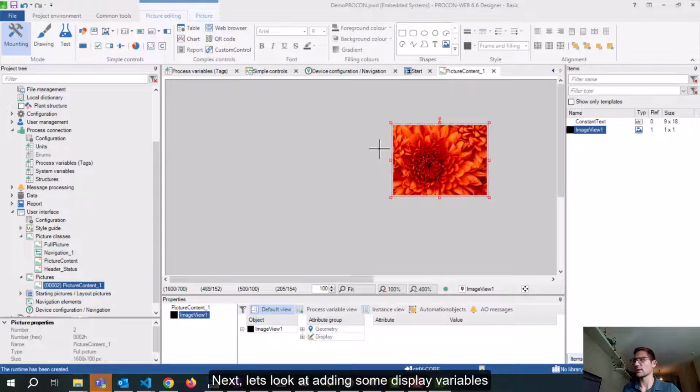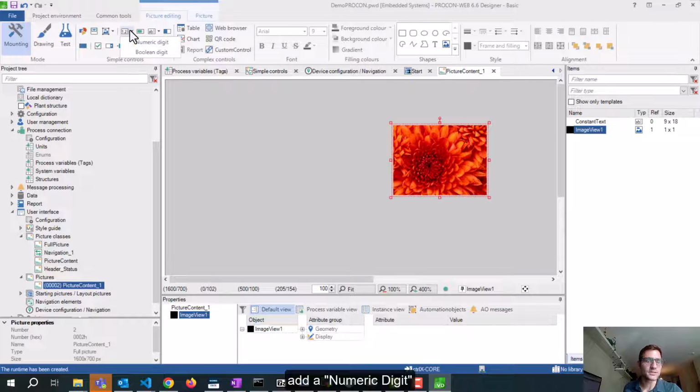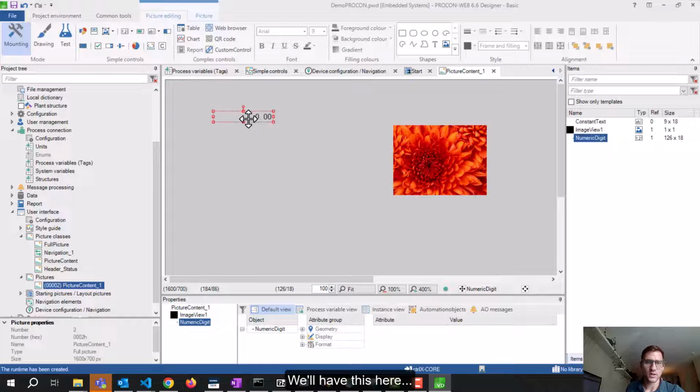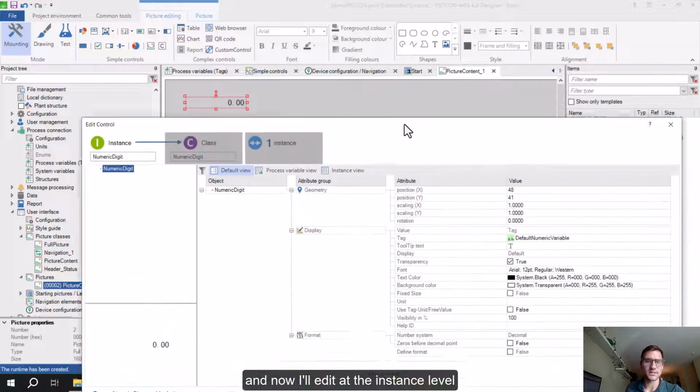Next, let's look at adding some display variables. So the first thing I will do is add a numeric digit here. We're going to display some of our system metrics from the ctrlX core. So this is a numeric digit class. I'm not going to set anything at the class level. We'll have this here. And now I'll edit at the instance level